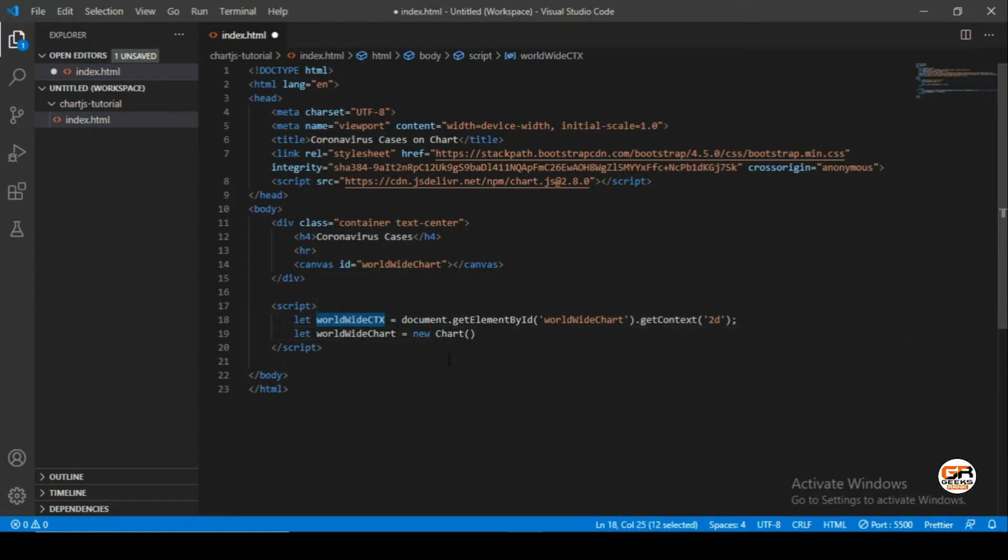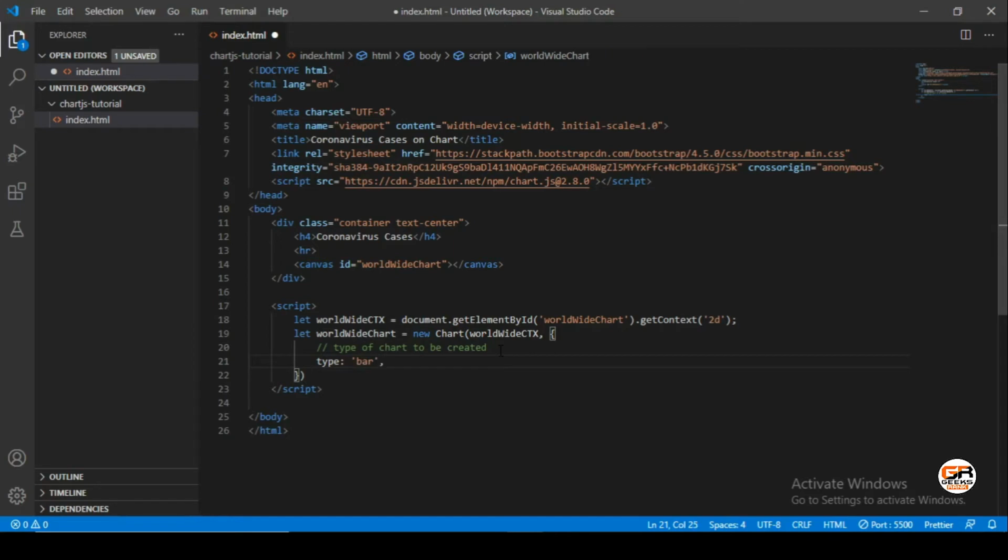We are using this element, just pass it here, and second will be an object. The first key will be the type of the chart which will be created. Let's add a comment here, type of chart to be created, and let's name it bar chart.